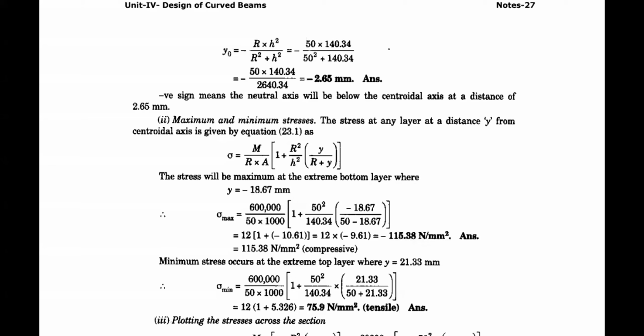And how do you locate the h square value? Please follow those standard values, because in a rectangular section and circular section we use the relation of the h square value directly. Where do you get this h square value? It comes from your general derivation. So the derivation of the sigma value and the derivation of the h square value, the general equation of h square and the general equation of the sigma value, are more important.